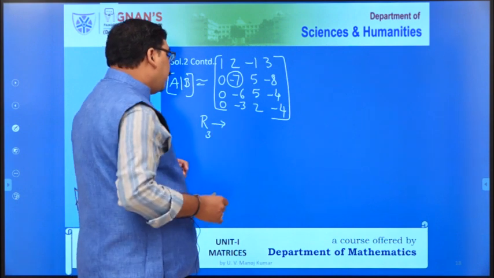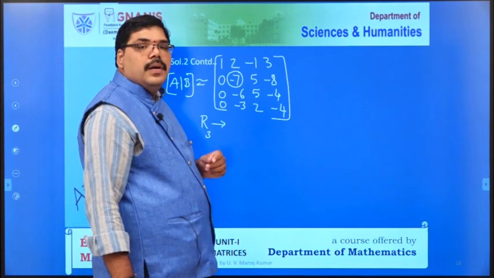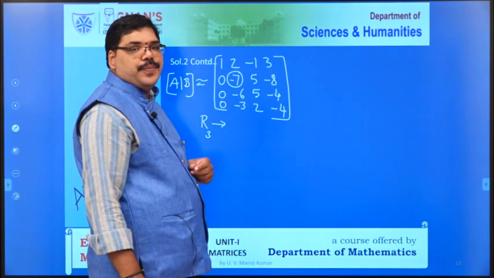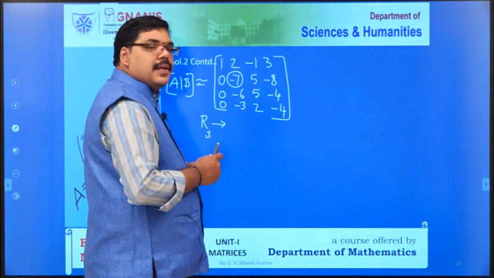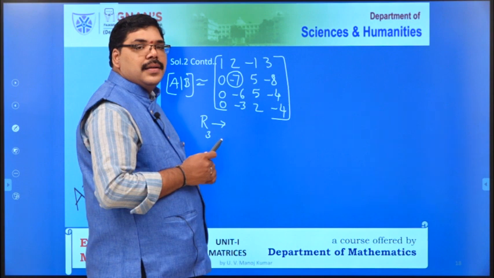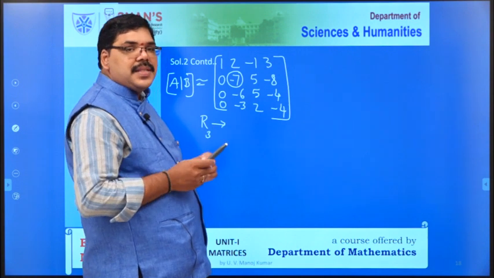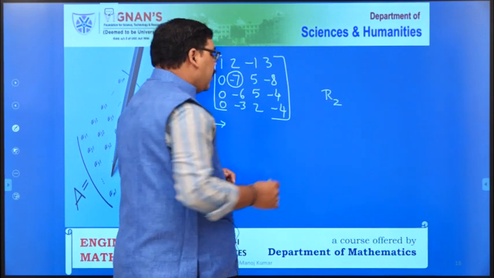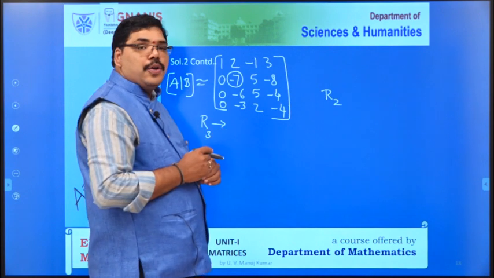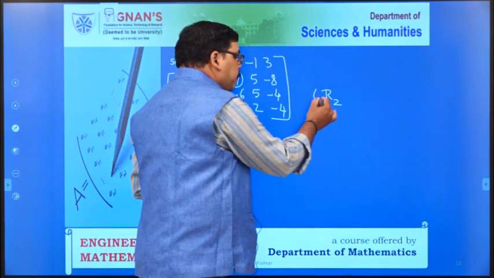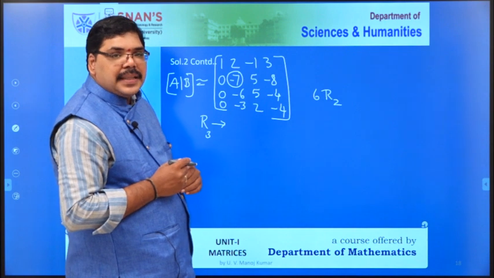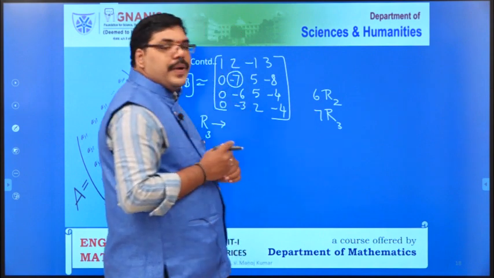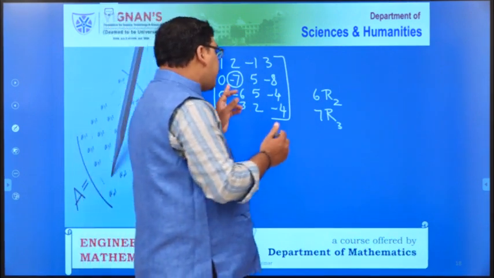R3 changes into, what I want to do is make this position into 0. Here 6 is there, here 7 is there. So cross multiply the rows. That means I am multiplying R2 with 6 and I am multiplying R3 with 7. So when I do that, 6R2 becomes